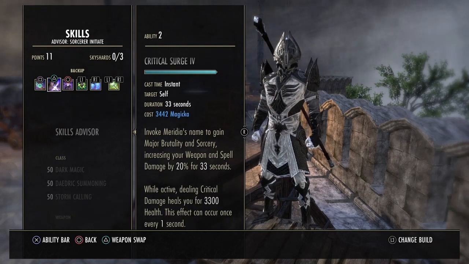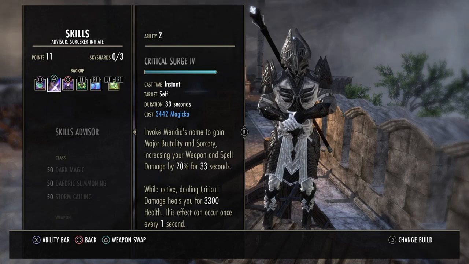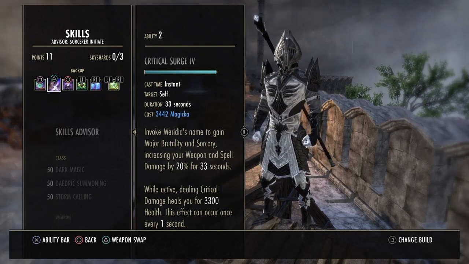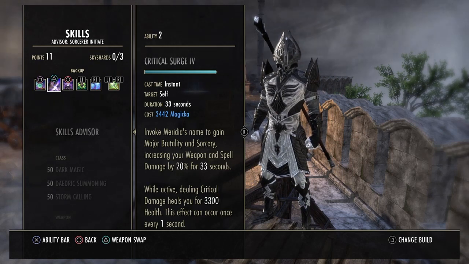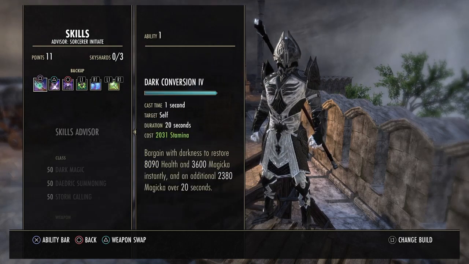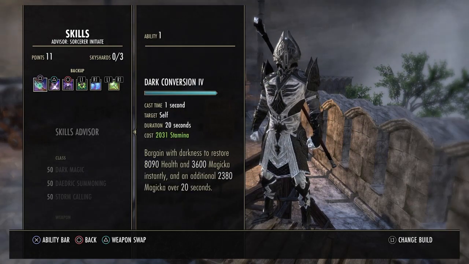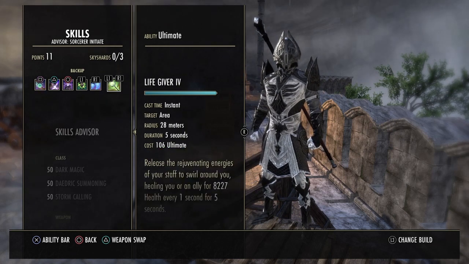Crit Surge is going to be our major Brutality and Sorcery buff, but along with getting that, we're going to get that passive crit healing based off of us doing crit damage, which is huge to the survivability of this build. And then Dark Conversion for a small burst heal with our resource regen trade-off. What you can do here as well,